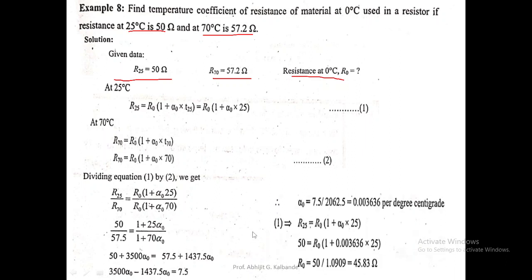Now after solving that equation for alpha 0, we get the value of alpha 0 equal to 0.003636 per degree centigrade. Okay. Now by taking this value of alpha 0 in equation number 1, automatically we get the value of R0. जो अपने को R0, resistance at 0, के लिए निकालनी थी, वो वैल्यू अपने को यहाँ पे मिल गई।